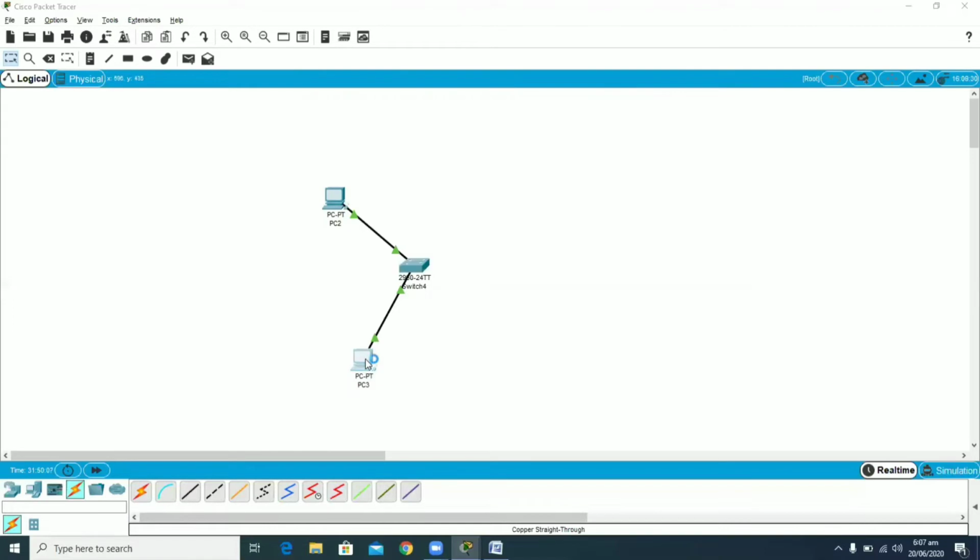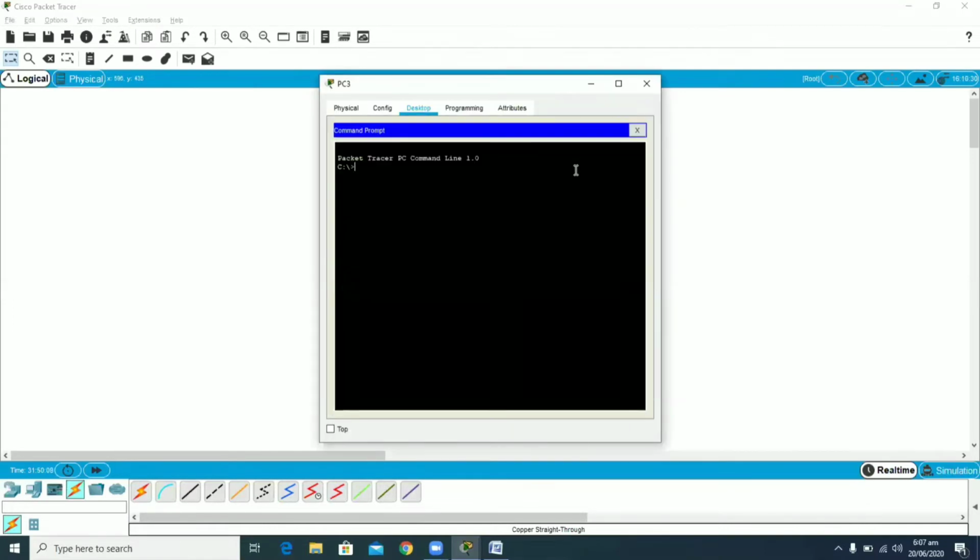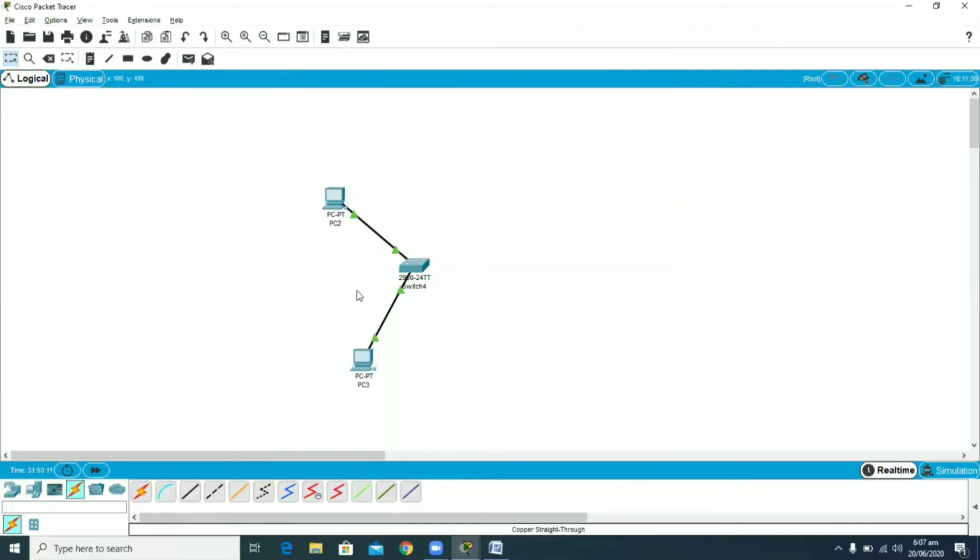Now, if you ping the switch or you communicate between PC3 and PC2, then its MAC address will be learned by the switch. Basically, whenever the switch gets started, its MAC address table is completely cleared. Now, when it receives any frame from any particular interface, then it learns the MAC address of the source PC. And what about the destination PC MAC address?